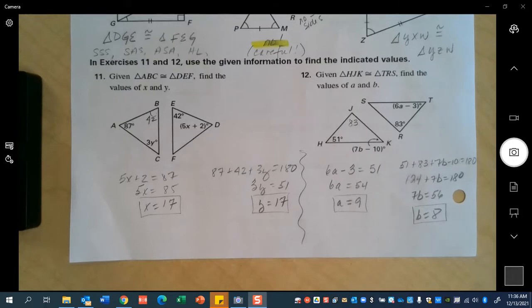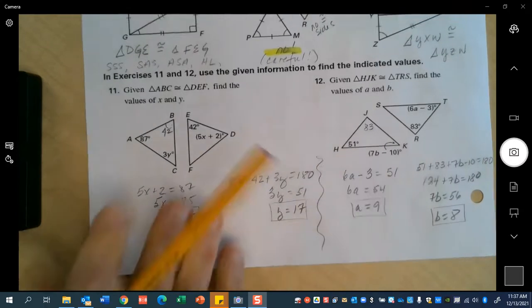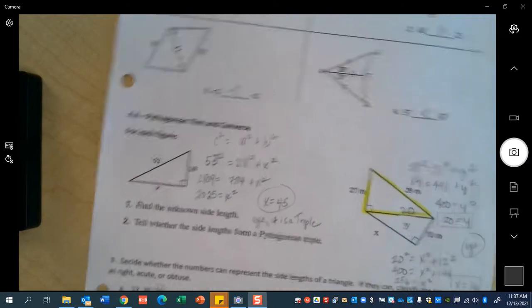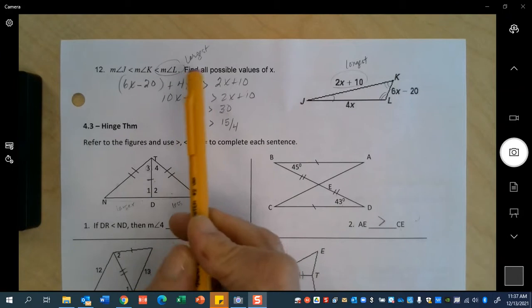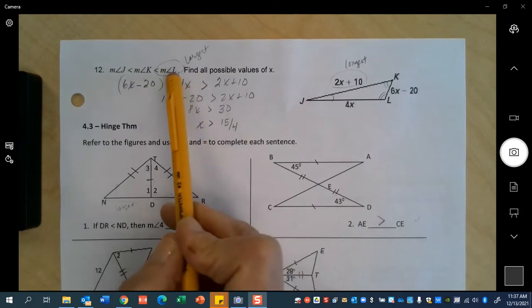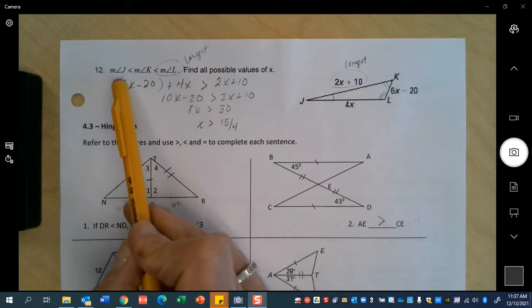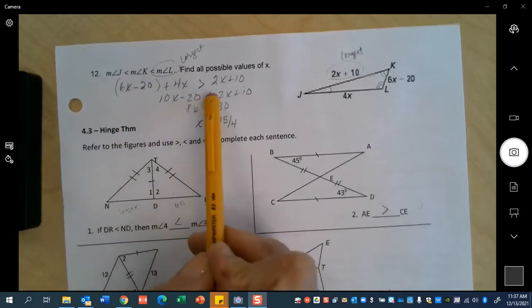Can you go to 12? This one? The 12 on the other page. This one up here? Yeah. Okay. Because L is my largest angle, I know that the measure of angle J plus the measure of angle K added together have to be,